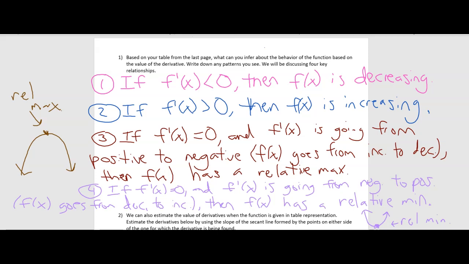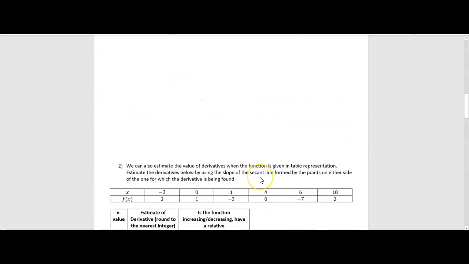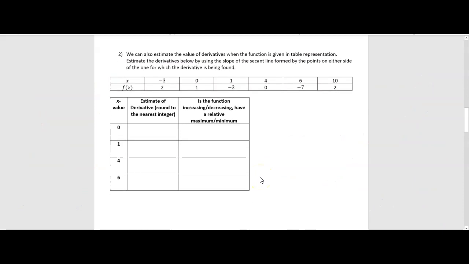Before we end this video, let's do a quick example where we have a table and we're being asked to state different characteristics of the function at 4 different x values. So take maybe 4 or 5 minutes, fill in the table, and again, you're going to be estimating the derivative. So the way we do that with a table is we take the points on either side of the given x value and just perform